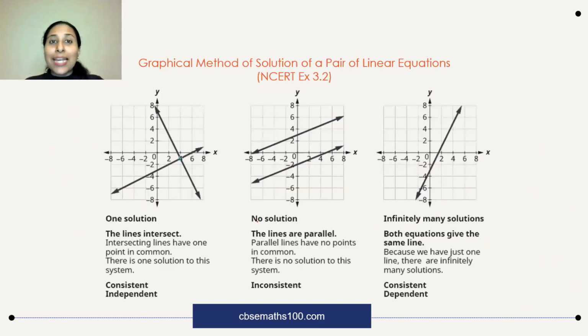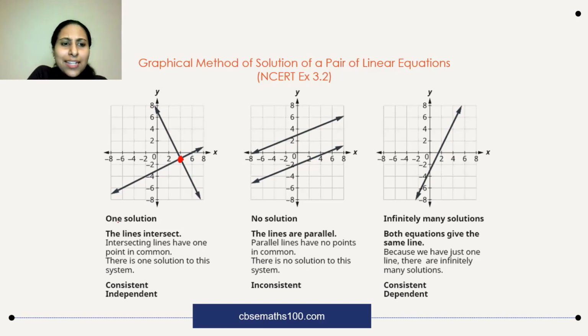All right. Next one, linear equations, NCERT exercise 3.2. Now, what are the three types of solutions of pair of linear equations? So understanding graphs, very important, especially for case study type questions. And a lot of questions are coming where diagrams are important. You have figures there. So if you are having two intersecting lines, the moment you see two intersecting lines, the solution will be the point of intersection. X and Y coordinates of the point of intersection of these two intersecting lines will be the solution.